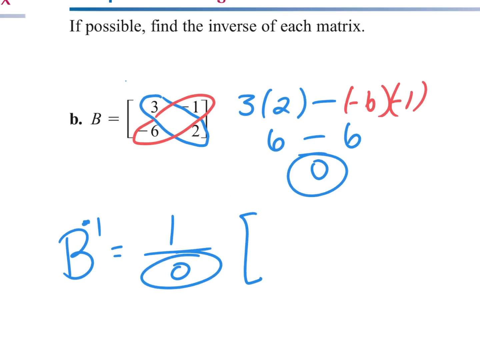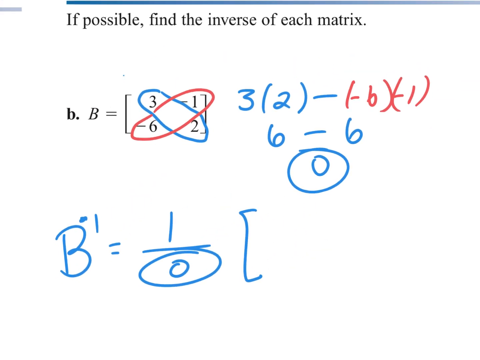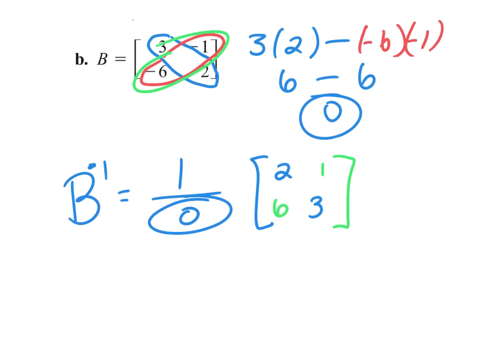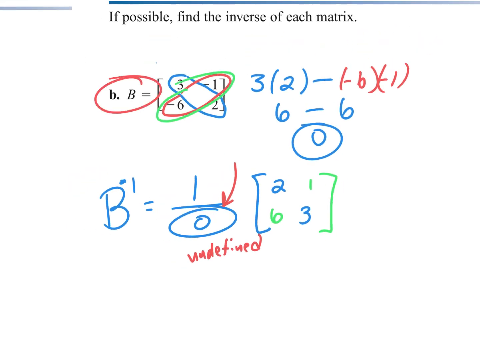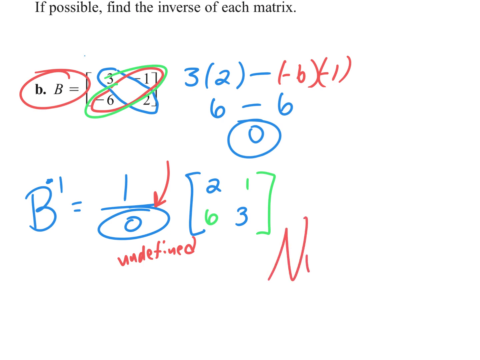And then think about it. When we get this set up, we're going to switch the places of the majors. So 2 and 3 switch spots. Then you negate the minors. You change their signs. So 6 and 1. Now, some of you are saying, wait a second. Guys, what happens here when your determinant value is 0? If you have any fraction with 0 as a denominator, this becomes undefined. So what is that telling you about the inverse of matrix B? It means there is no